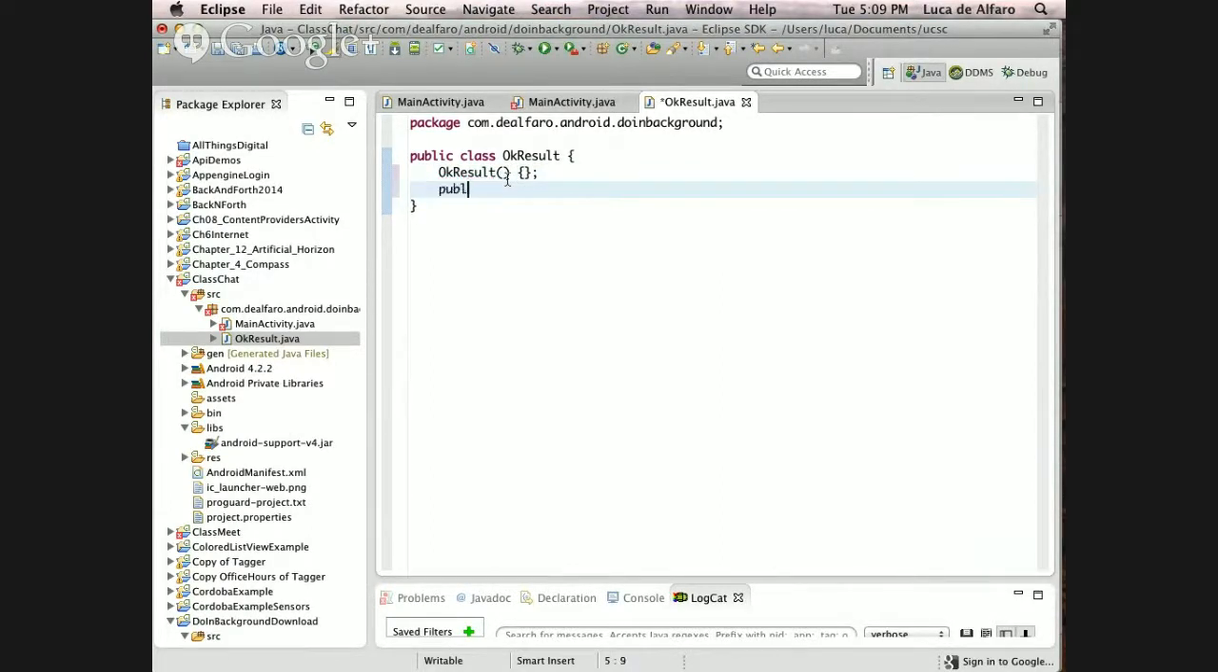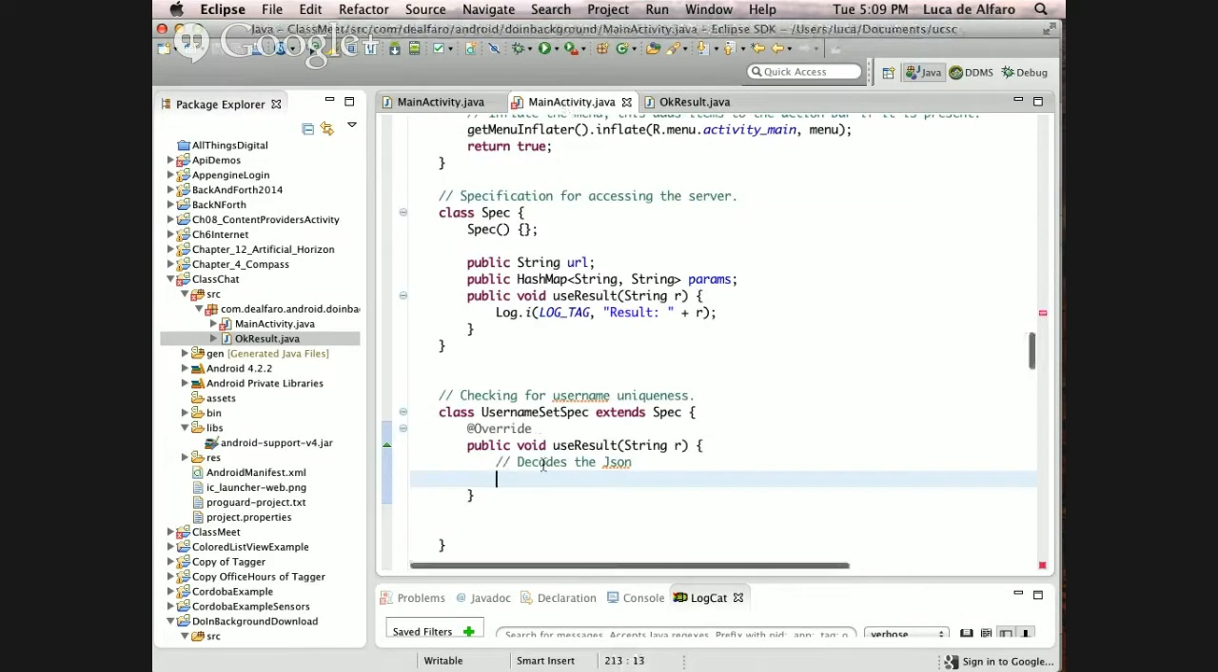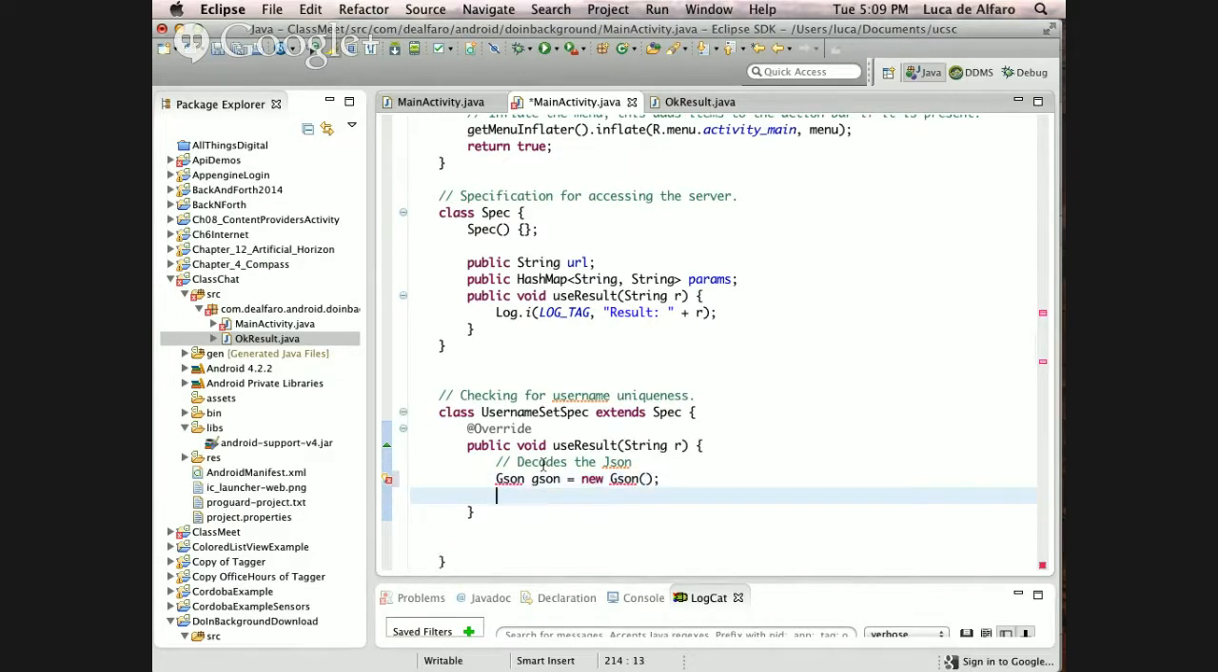And then there is a public string result. Okay, this is enough, I guess. That's all I need to do. So from here, JSON is equal to new JSON. Okay, this is